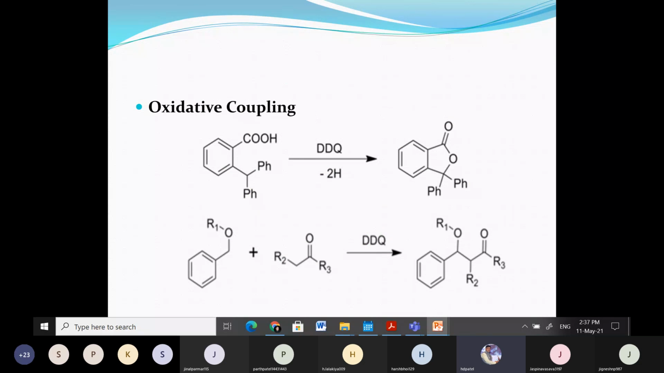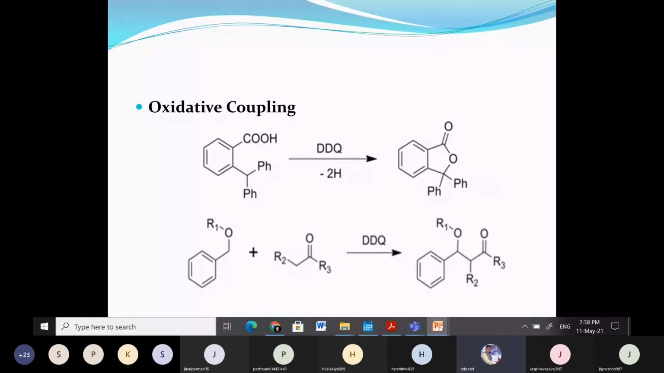So today I have discussed three reagents: DDQ, DMP, and previously I discussed sodium cyanoborohydride. Sodium cyanoborohydride we can use for reduction, but not for the reduction of ketone and aldehyde. It can be useful for the reduction of imine, imine cation, and oxime. Then we have discussed the